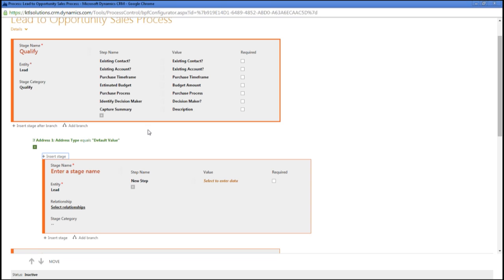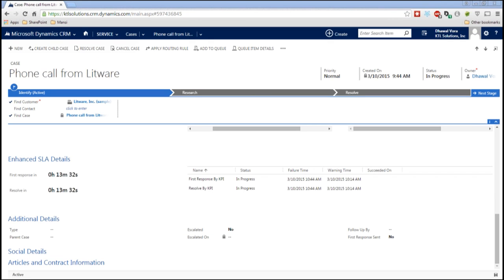Same applies for opportunity or cases. You can do this branching out within the business processes that you do. Then we have